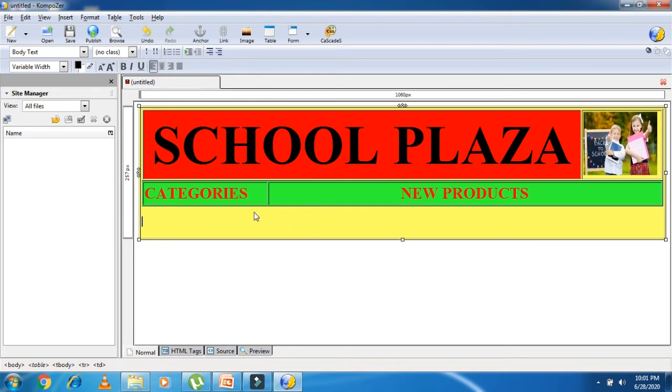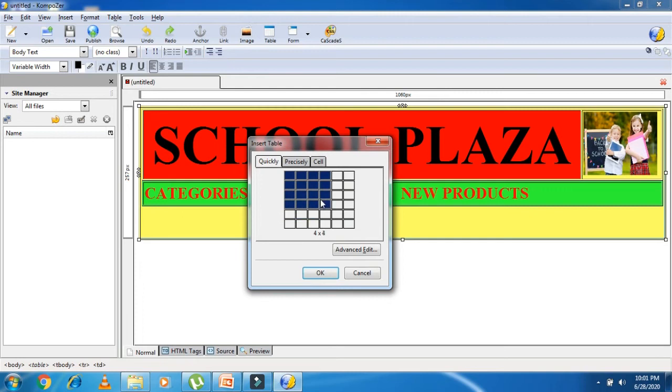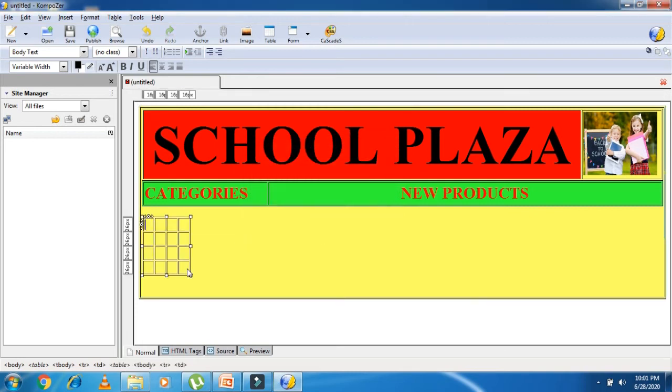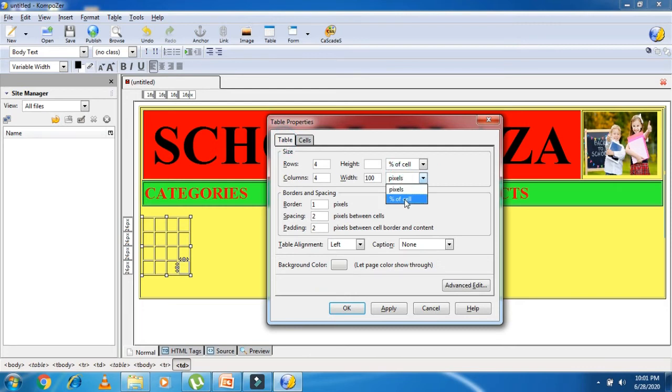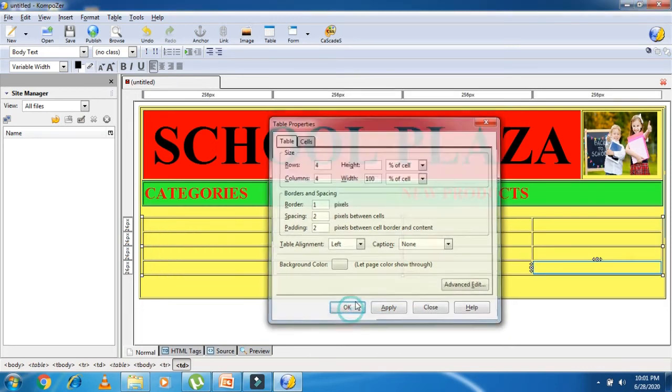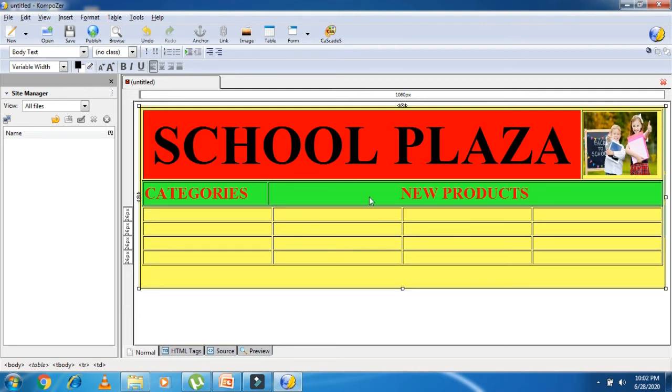Okay, now here you have to add categories and products. For that, table, insert table. I have to set the size 100% of cell, apply. Now one more thing, if I want to manage this space, I have to press the delete key, so it will be joined.